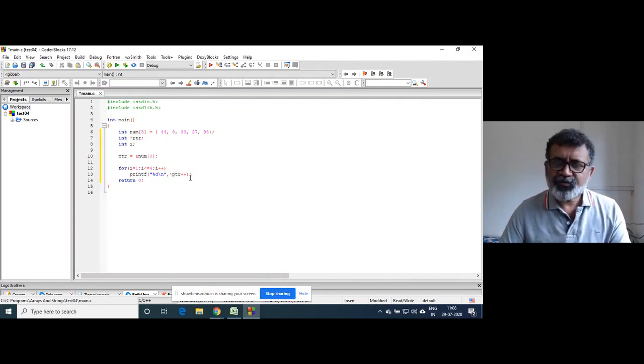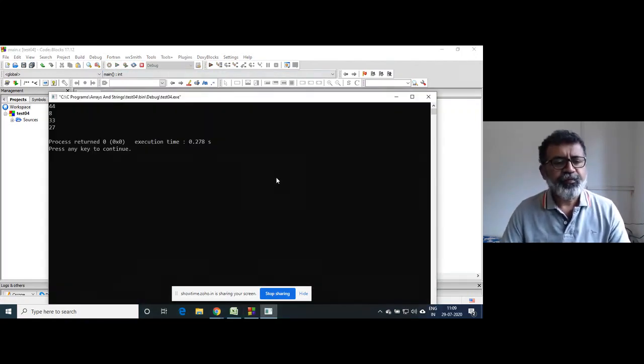Why? Because this is a postfix increment operator. So this star ptr, the value at the location ptr is pointing to will be printed, and then ptr will be incremented. So instead of two statements, I have written a single statement. That is perfectly valid. Okay. So the whole array will be printed, right?